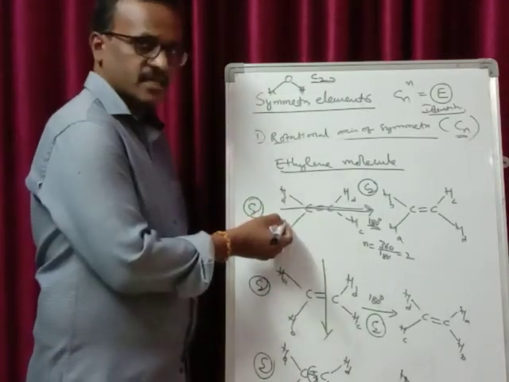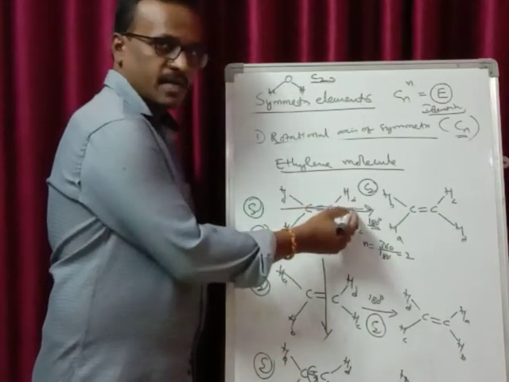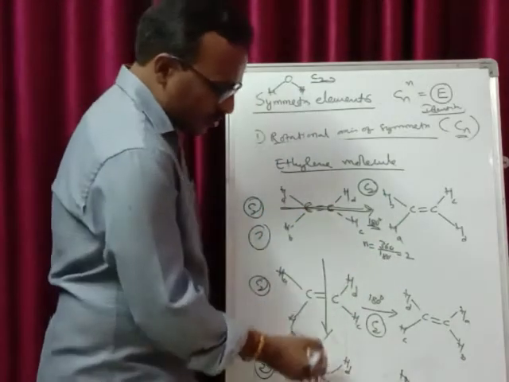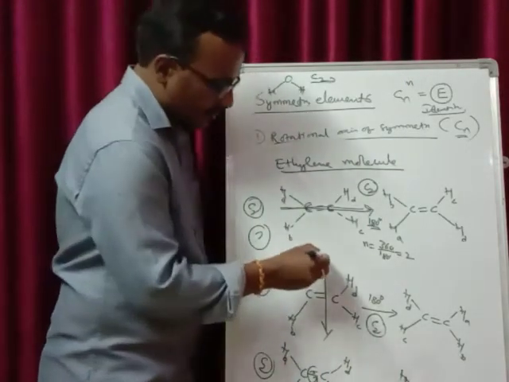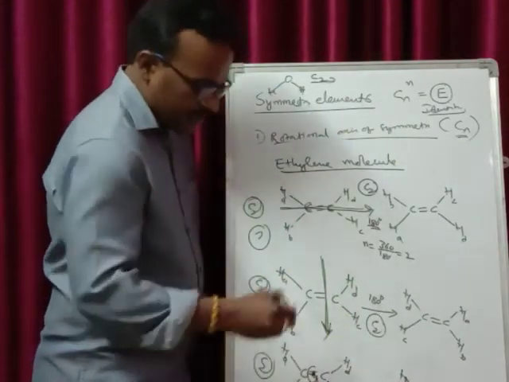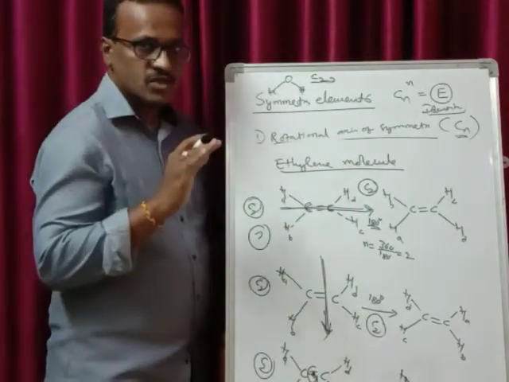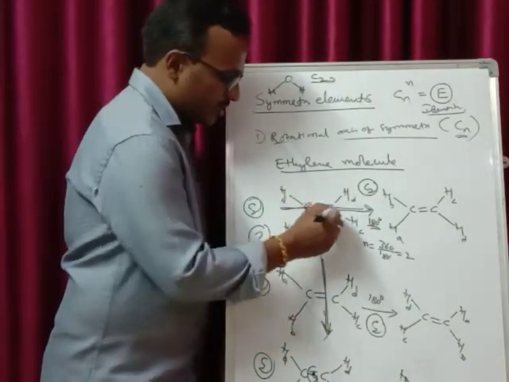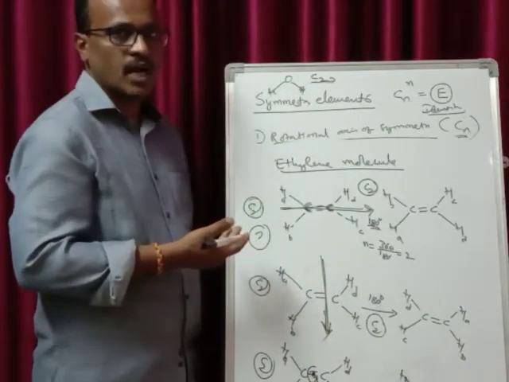If you take the first case, here the axis is passing from the center of the two carbon atoms. That is, the axis is touching the first carbon and the second carbon atoms. But the other two axes you have selected are not touching any of the carbon atoms. They are passing from the center of this double bond. Here also the axis is passing from the center of the double bond. Along this axis or along this axis, the axis is not touching any atom. Whereas if the axis is passing like this, along this axis, it is touching the maximum number of carbon atoms. That is, it is touching a maximum of 2 carbon atoms.